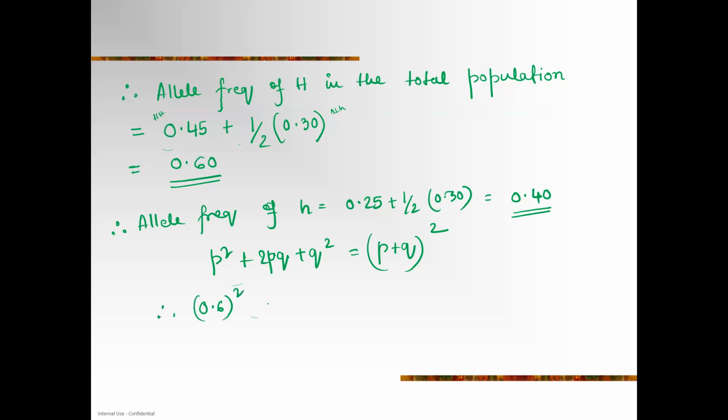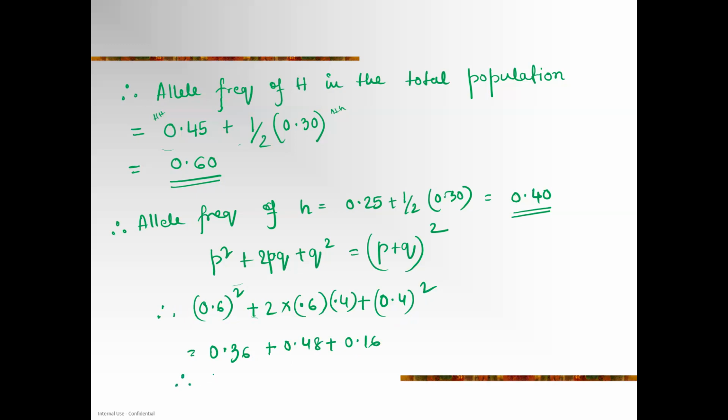0.6 square plus 2 into 0.6 into 0.4 plus 0.4 square. This is what you are getting. This means what? 0.36 plus 0.48 plus 0.16. Yes or no? Therefore, percentage of HH individual is,